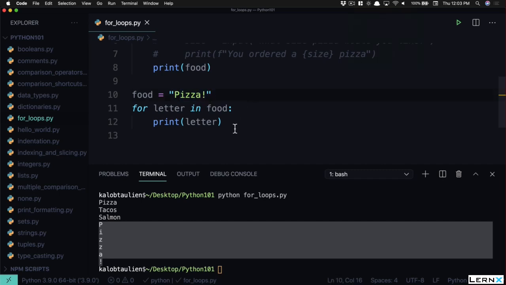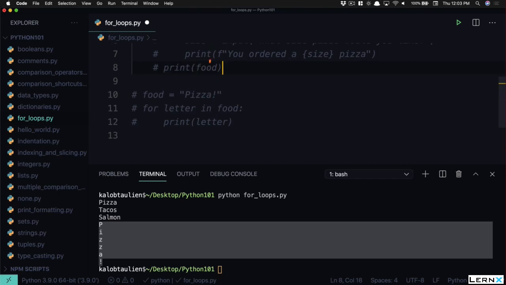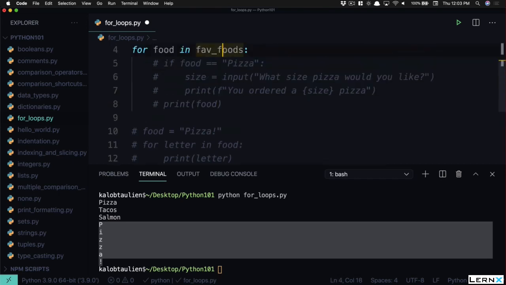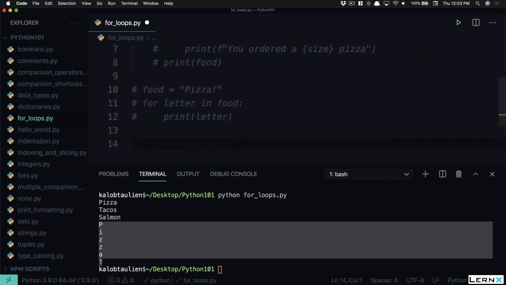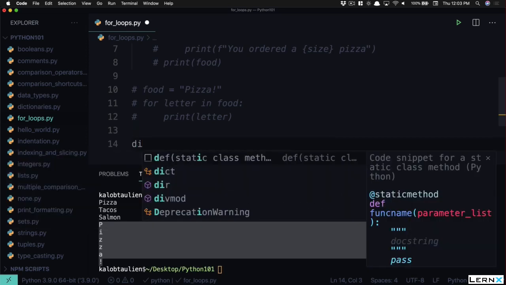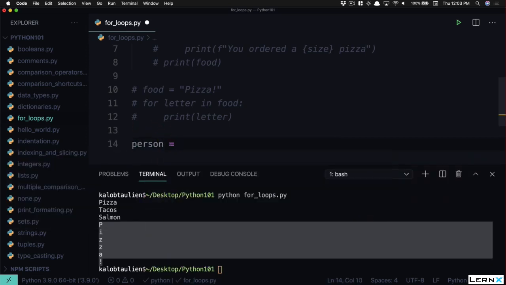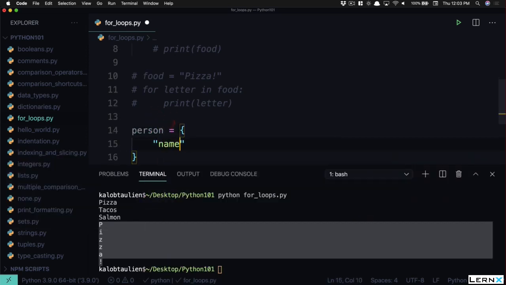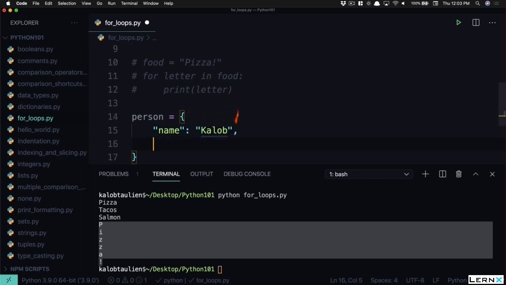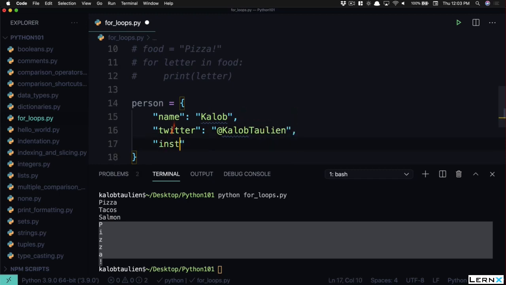We can also loop through dictionaries. So let's go ahead and comment this out, and comment that out, and comment that out. We can loop through a dictionary. So we can say our dictionary of, let's say person is equal to name, Caleb. Twitter is going to be at Caleb Tallien. Feel free to come follow me there. And Instagram is going to be at